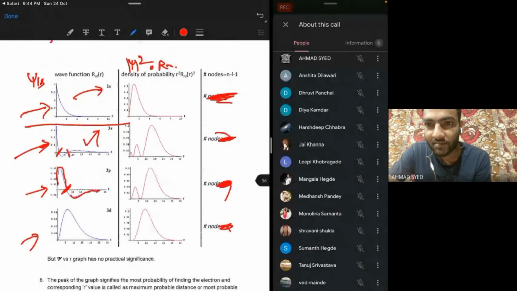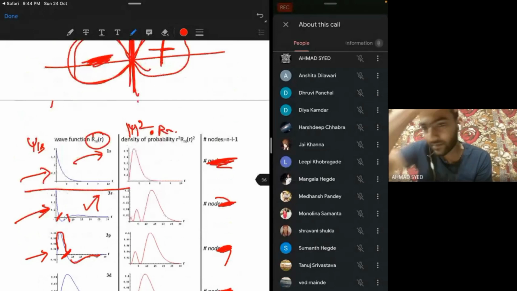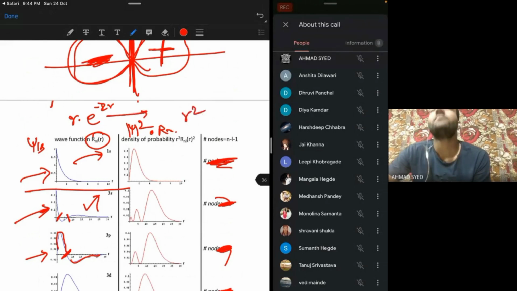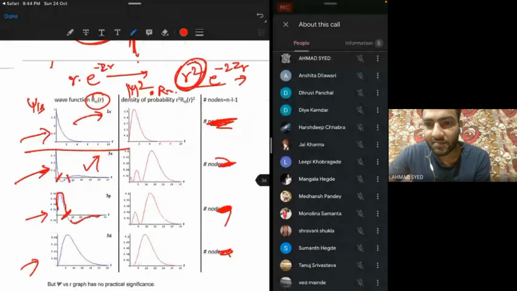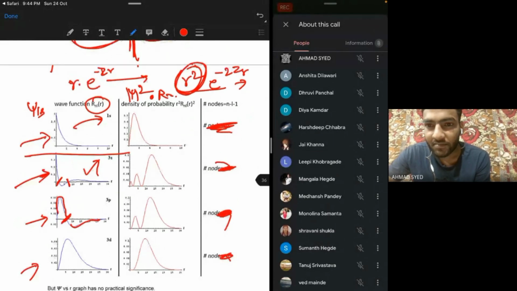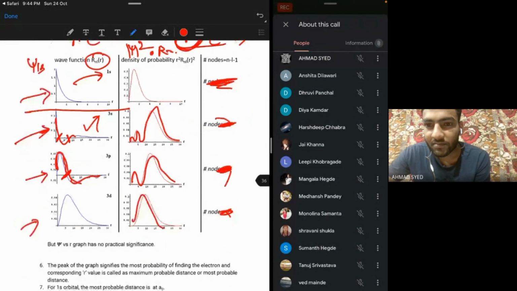Now, if you just square it, if you take the probability density and multiply with volume also, as you know there was r here, right? Let's say r into e power some k z r. If you square it, it becomes r square into e power 2zr. So as r increases, these values keep on increasing. You see that the second lobe is much bigger than the first lobe. It is nothing but mathematics simply. If you square this graph, it becomes like this, and this is how you get the probability density.